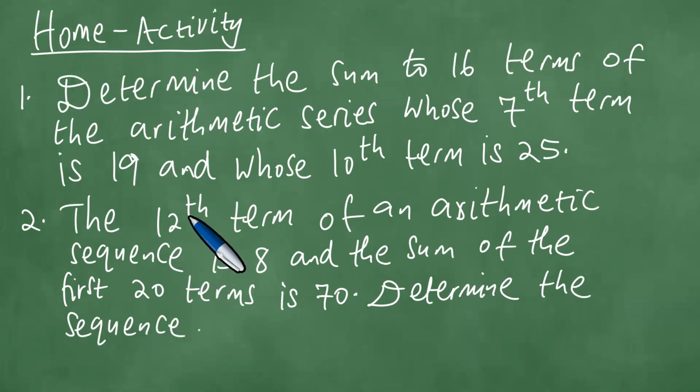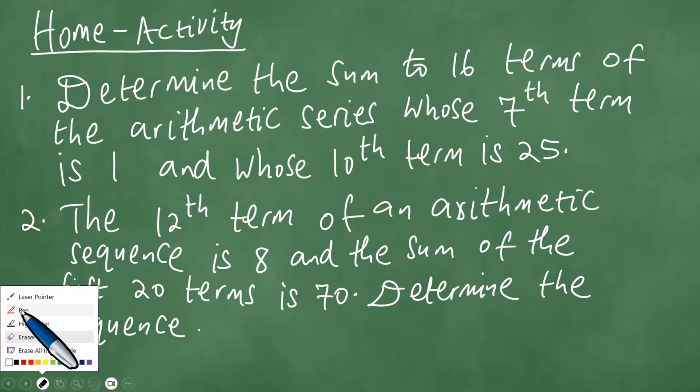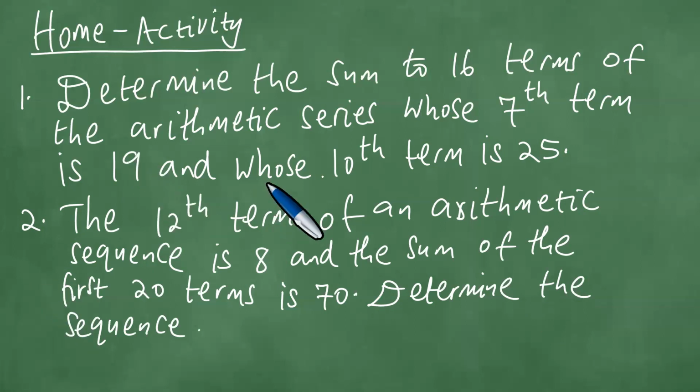Right, so the first one says determine the sum to 16 terms of the arithmetic series whose 7th term is 19 and whose 10th term is 25. Okay, the 12th term of an arithmetic sequence is 8, and the sum of the first 20 terms is 70. Determine the sequence. Number 3,